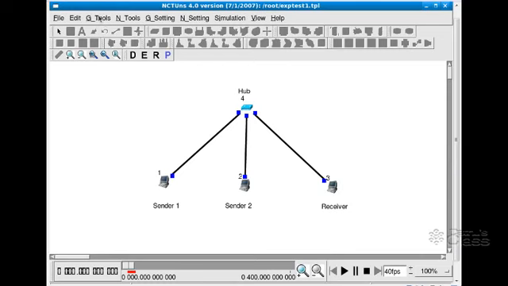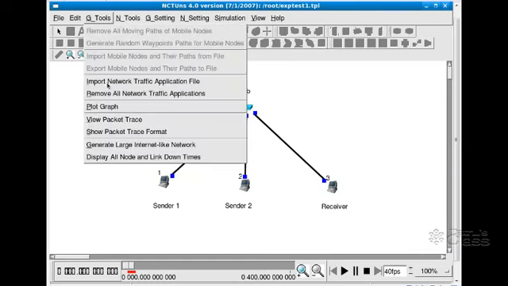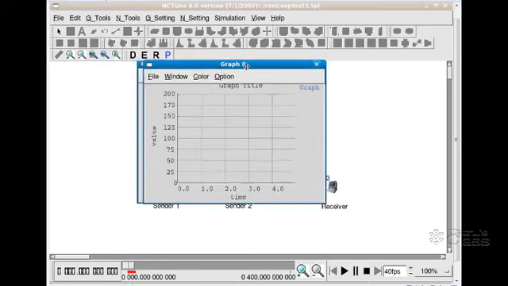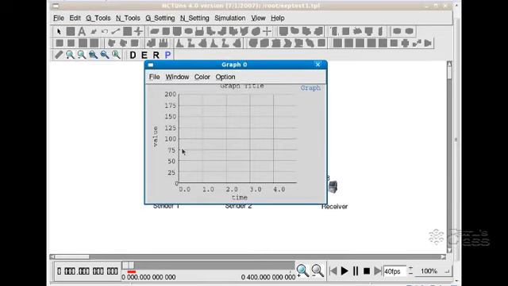So go to G tools, click it, and click on plot graph. A graph tab will be opening up. So see here, it is time versus value, and we need to give the graph title. So here it is 0 to 4 means basically 5 seconds it is, but we have run our simulation for 20 seconds. So we need to modify the graph settings.